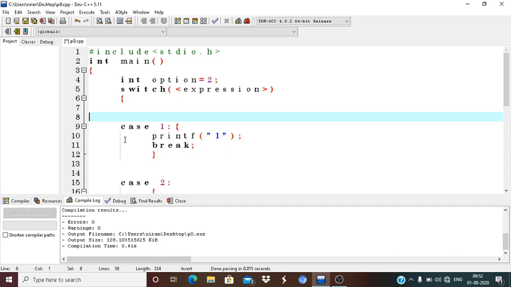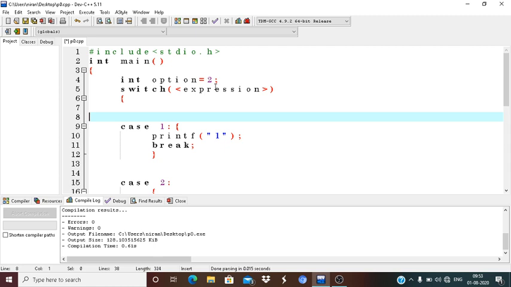Another thing: when this statement is executed, the underlying compiler checks the value of the expression or variable. If the value matches with any one of the labels given in the cases, then that case is selected. Suppose option is the variable name, with its data type, and it is assigned the value 2.